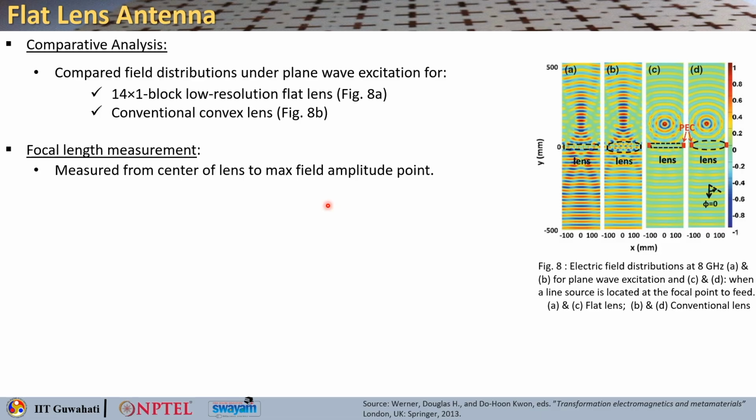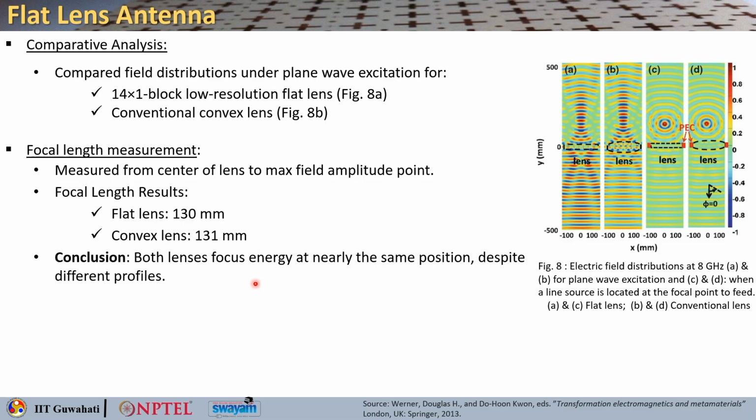So, you can also do the focal length measurement. You can measure it from the center of the lens to the max field amplitude point. If you do the measurement, you will see that for the flat lens you are getting it at 130 mm, and for the convex lens you are getting it at 131 mm. That means both lenses are able to focus energy almost exactly at the same point despite having very different